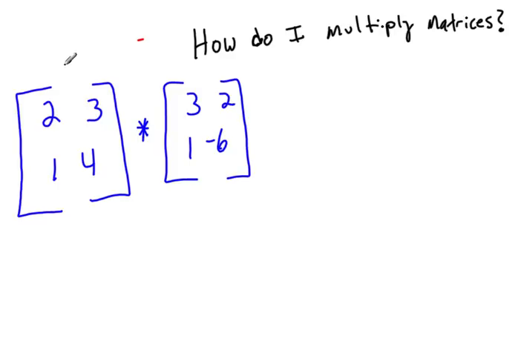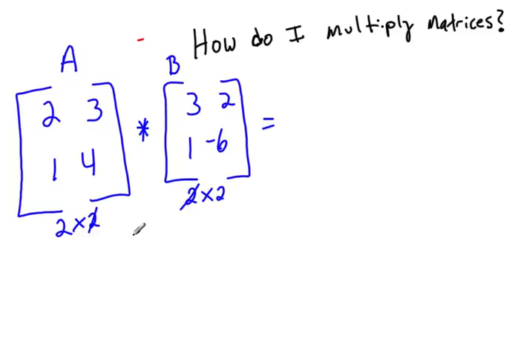And what we're going to do is we're going to take the rows from matrix A and multiply them by the columns from matrix B. And then we do some addition in between there. So let me show you what I mean. First thing, this is a 2 by 2, and this is a 2 by 2. So since the inner numbers here are the same,